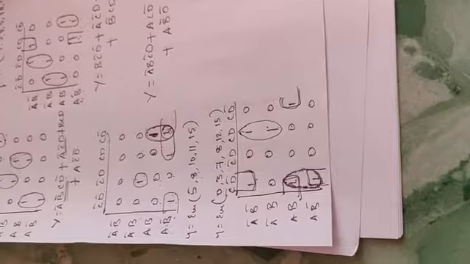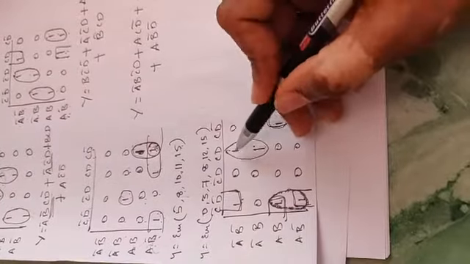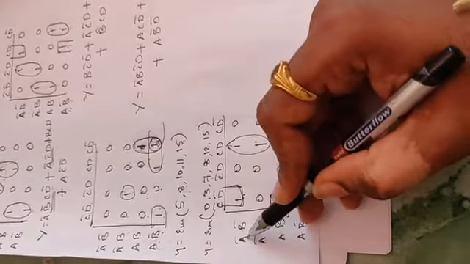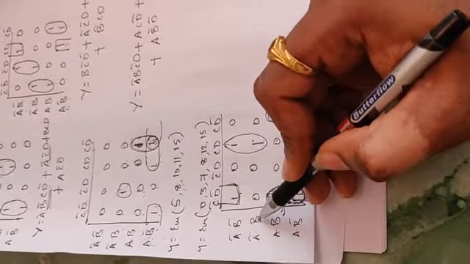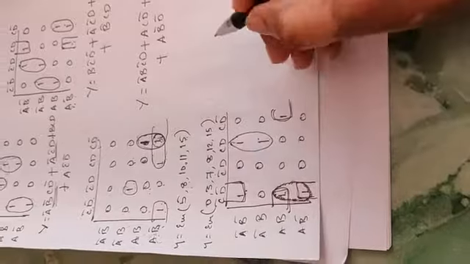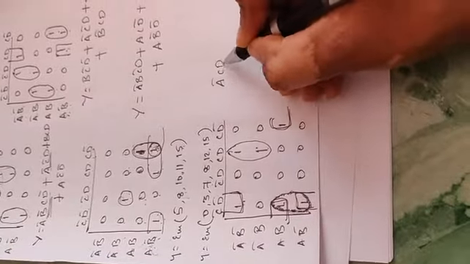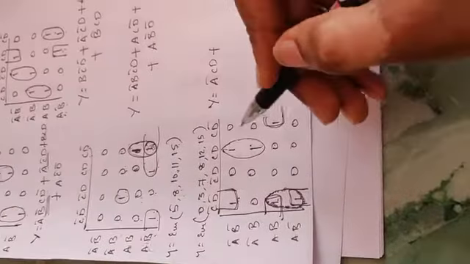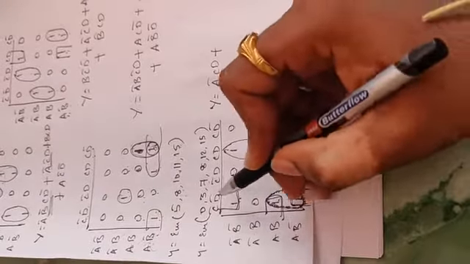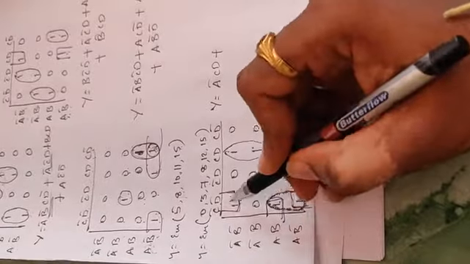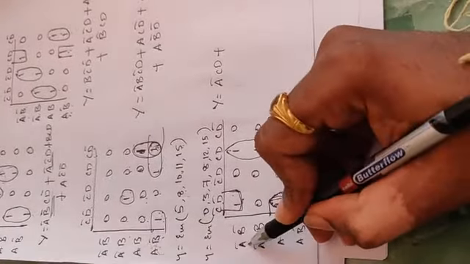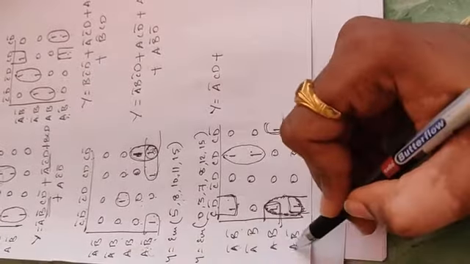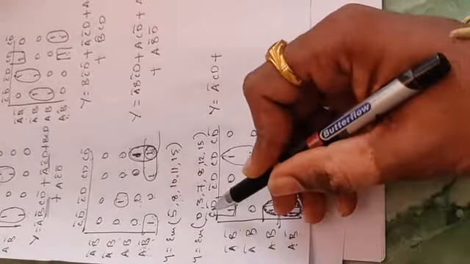Okay, write an expression for this group. This CD remains as it is. A bar is common, B bar B cancels, A bar CD. Okay, so then let me go with this one and this one, this one and this one. Concentrate: A bar B bar, A B bar, A bar A cancels, B bar remains the same, and C bar D bar,